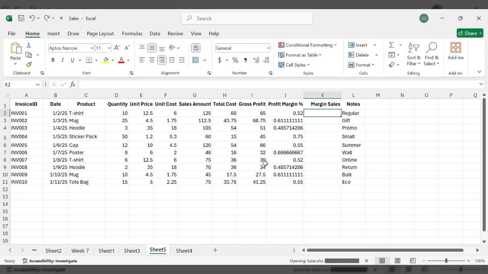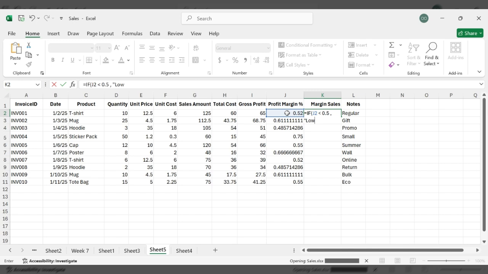So we want to use an if statement to get our margin sales. So you say equals to if J2 is less than, let's say 0.5, comma low margin, otherwise high margin, high